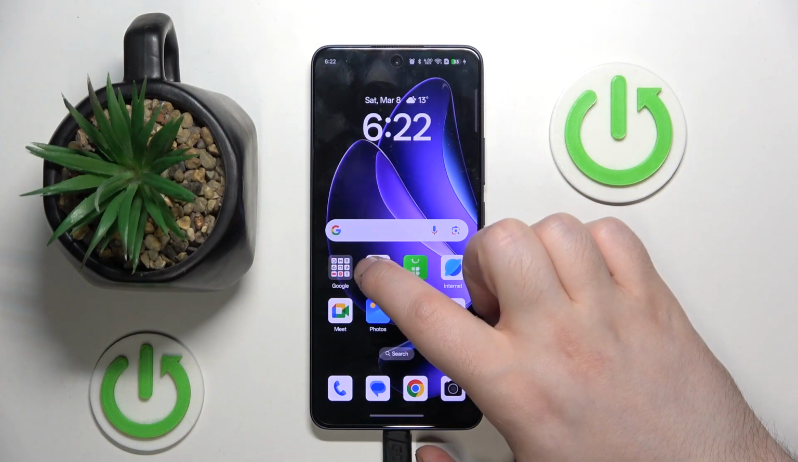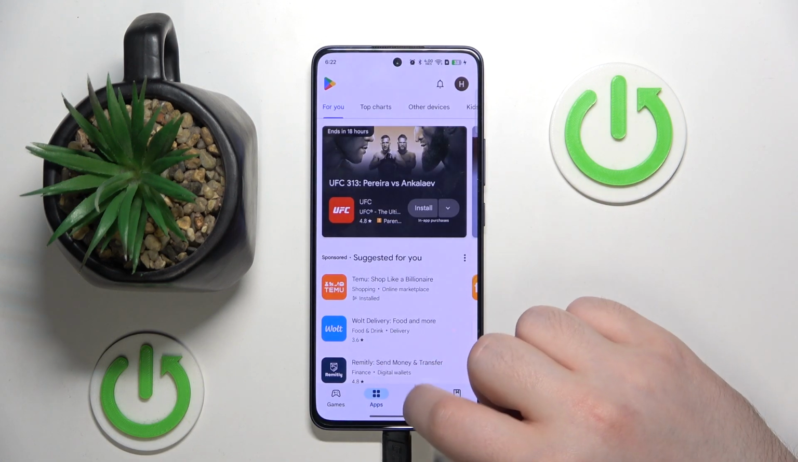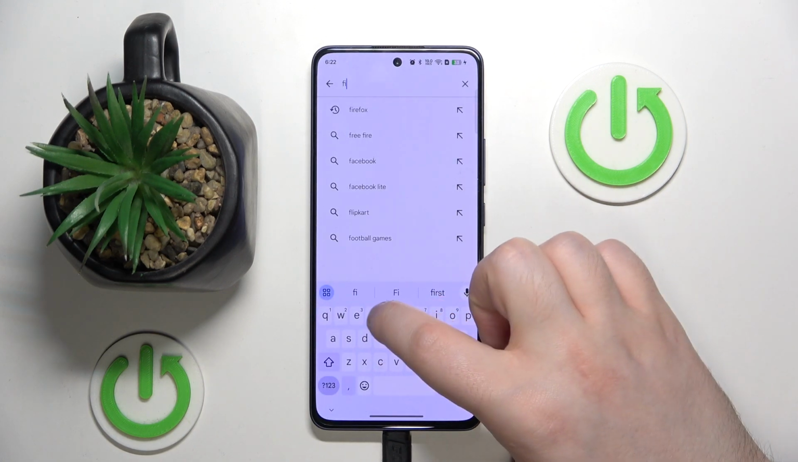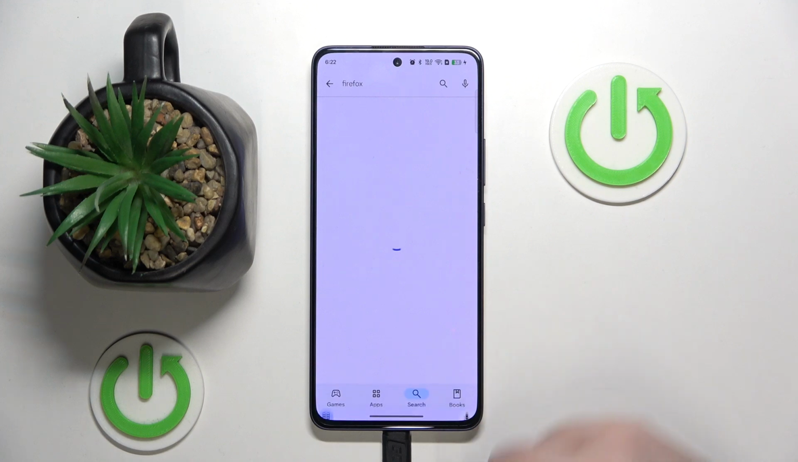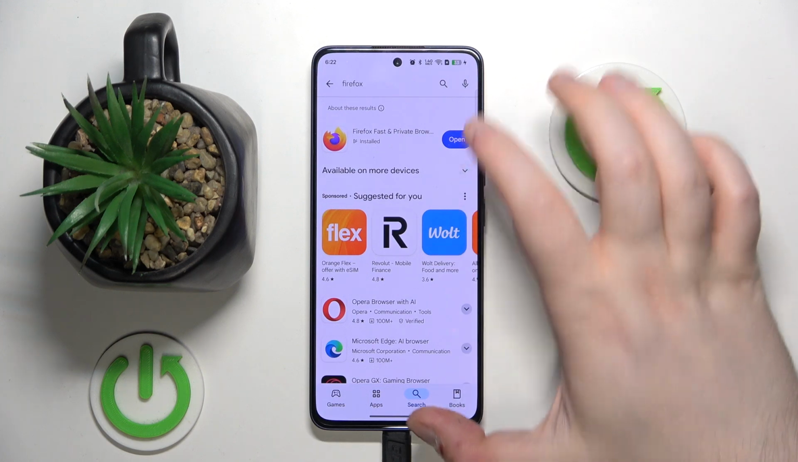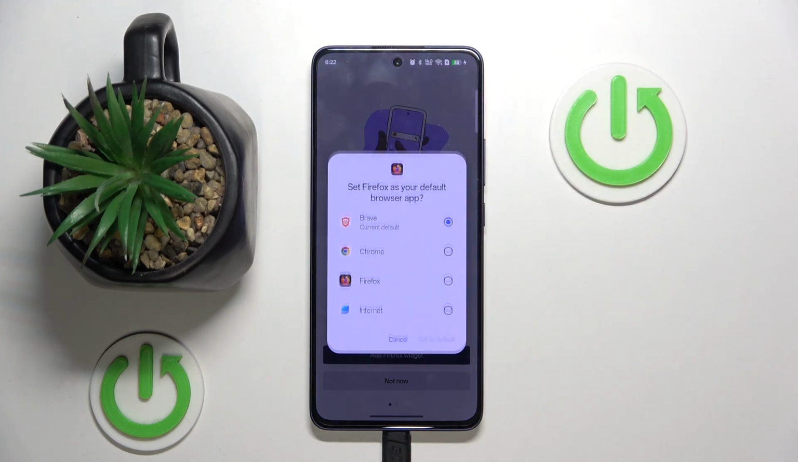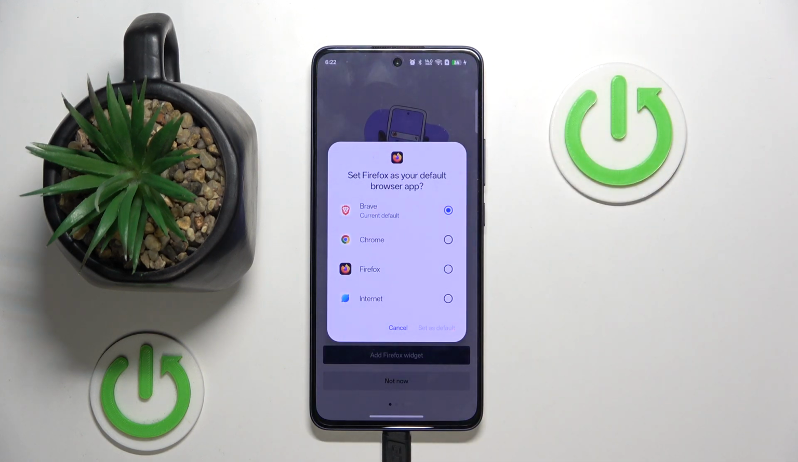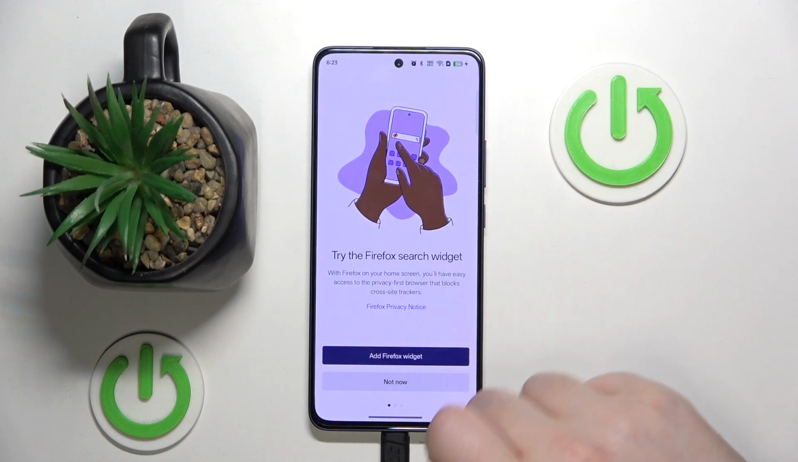So you have to start by opening your Google Play Store, then click on search bar and type in Firefox. Now click search and click install. Now click open. And here you can select your default browser, or you can click cancel, and now you can